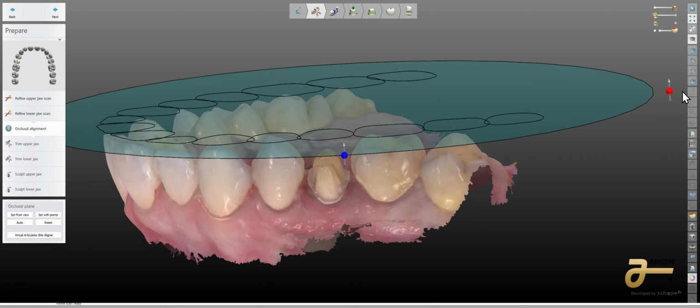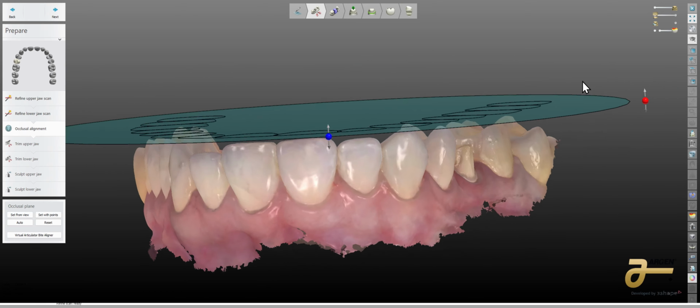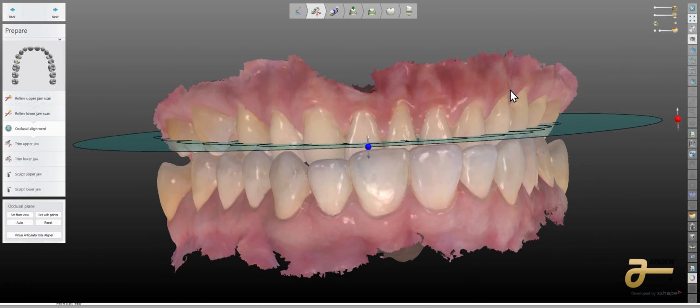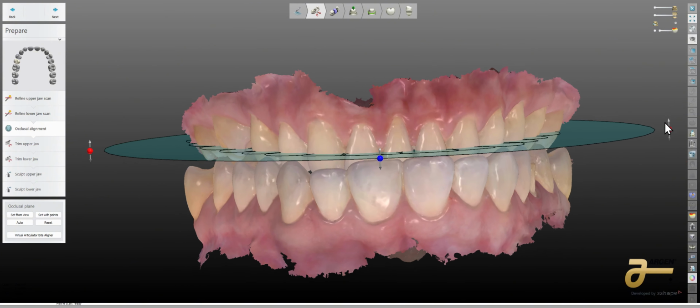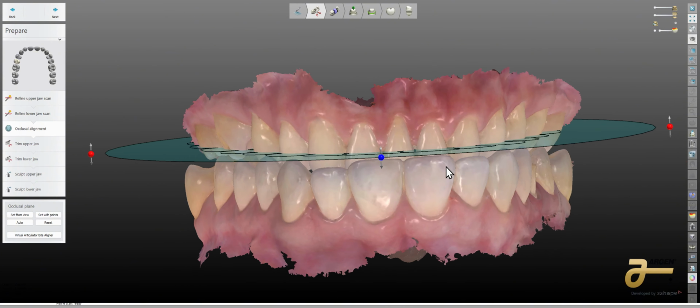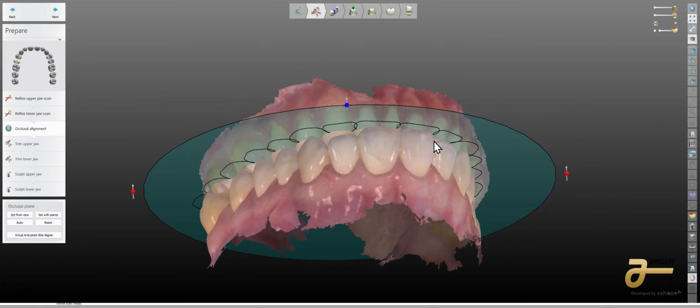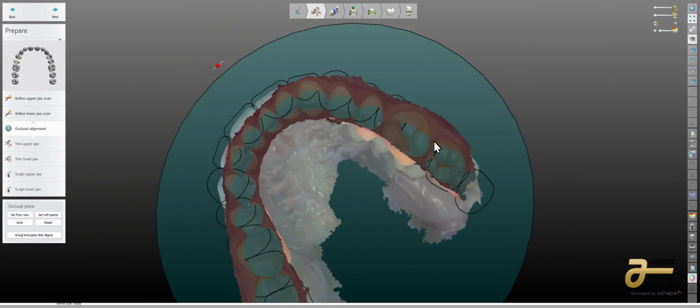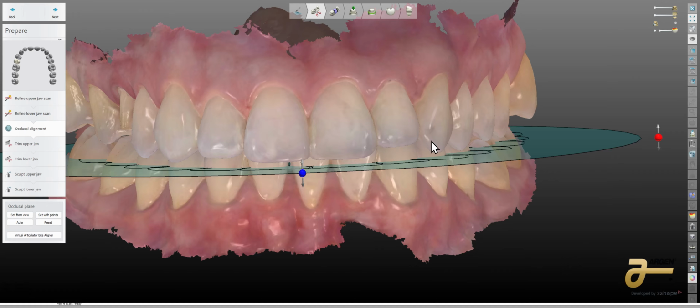Well, we've got a nice IO scan, and we're going to say the occlusal alignment's good. Why does this matter? Why do I have to put the occlusal like this? Is it just for how I'm making the models? Well, no. What we're doing here is going to influence how it goes on the